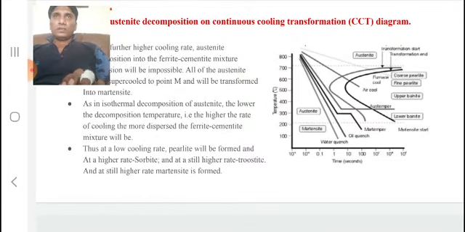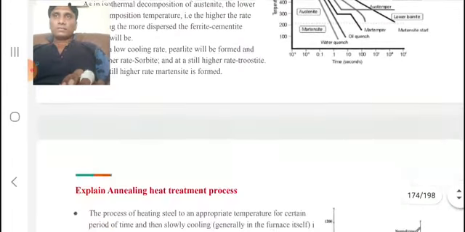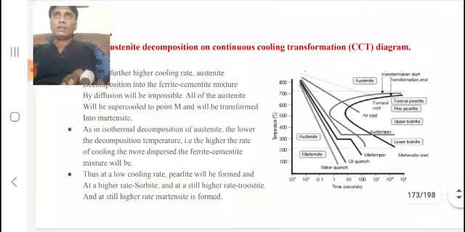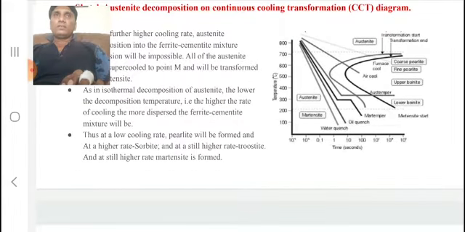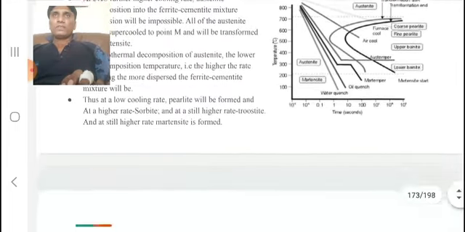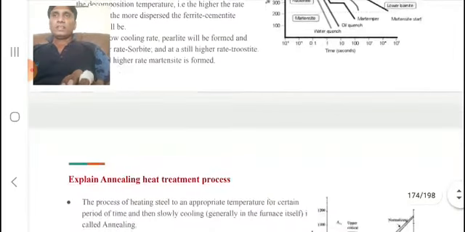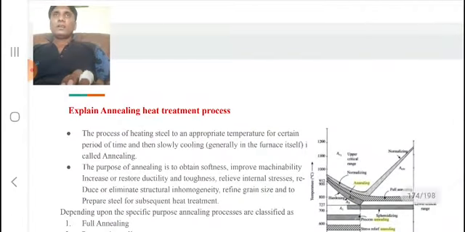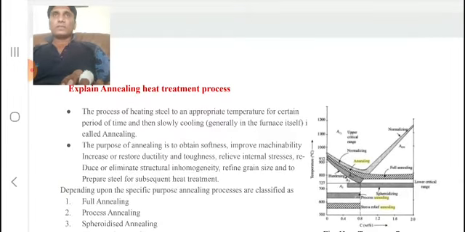So, this is the basic difference in isothermal transformation. Whereas in this continuous cooling curve, there will be a chance of having more retained austenite. So that is the major difference we have to keep in mind. And then if we continuously cool the steel from the austenitic phase to the required microstructure phase, then there is a chance of developing internal stresses called residual stresses.